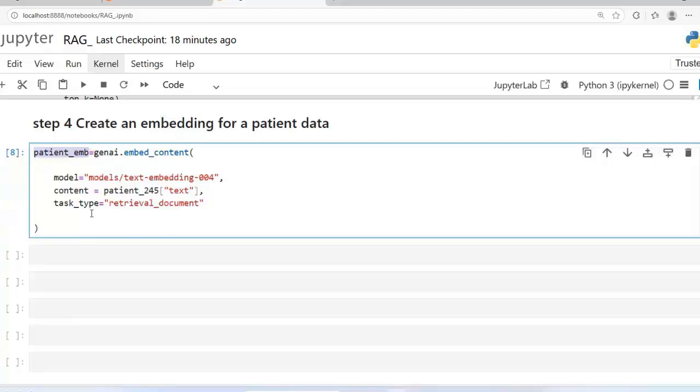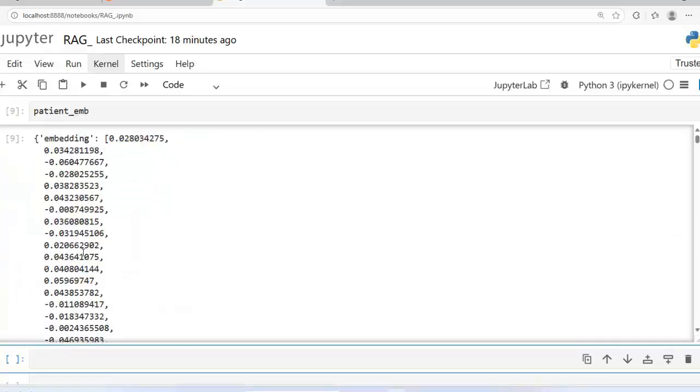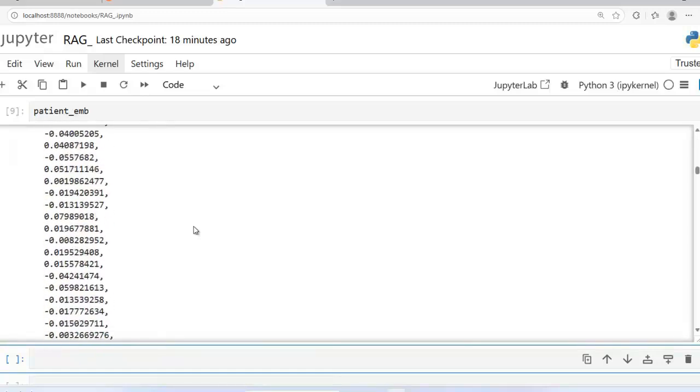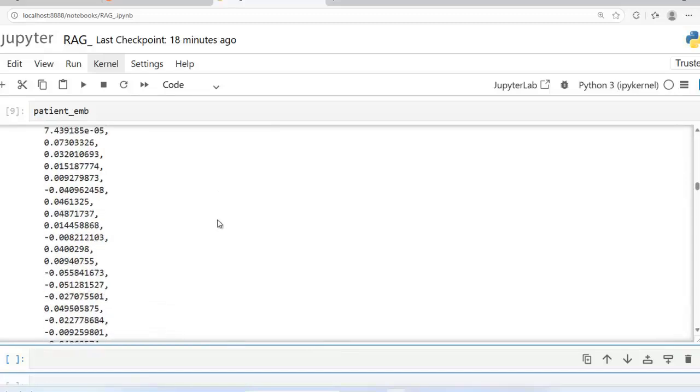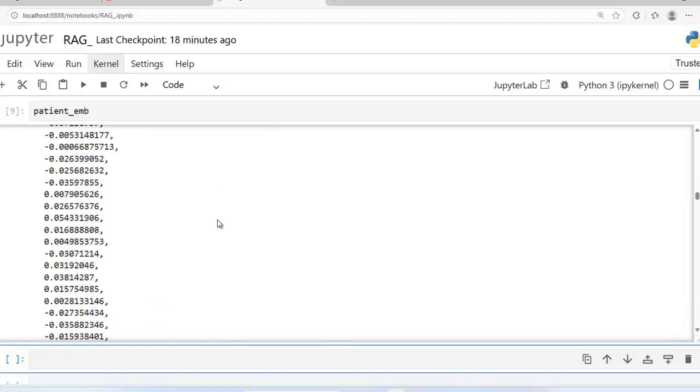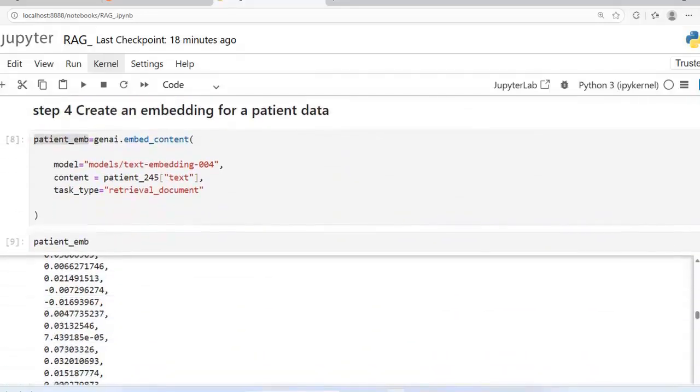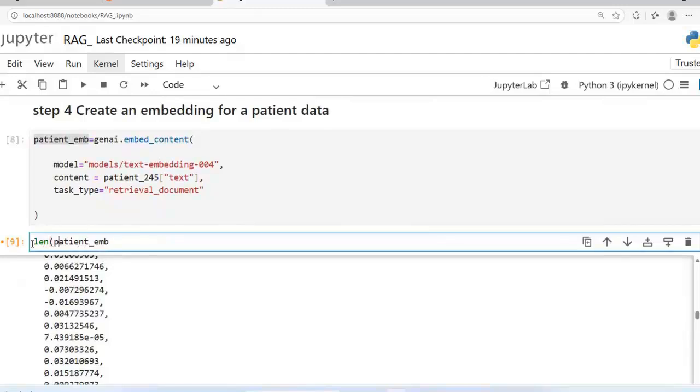Then let's print this. You can see, this vector represents the meaning of the patient's report. And you can see a long list of numbers. This list is called the embedding vector, like the fingerprint of the text. Please remember this, right? So now let's check how many numbers are there inside this embedding vector using this length